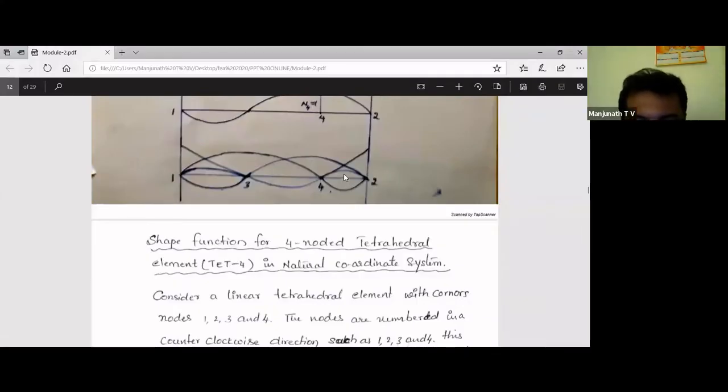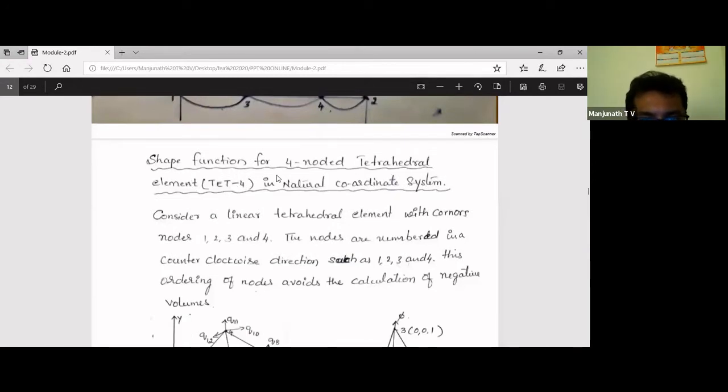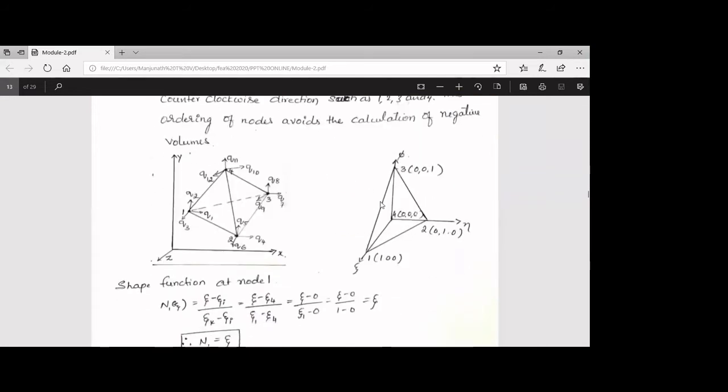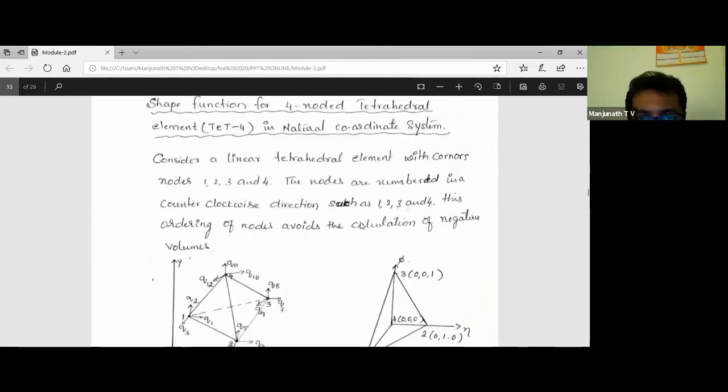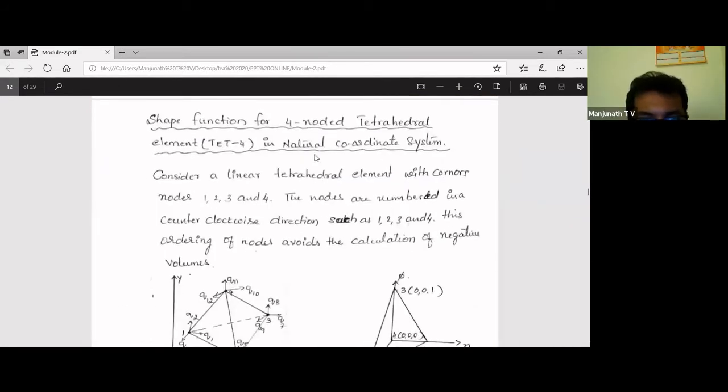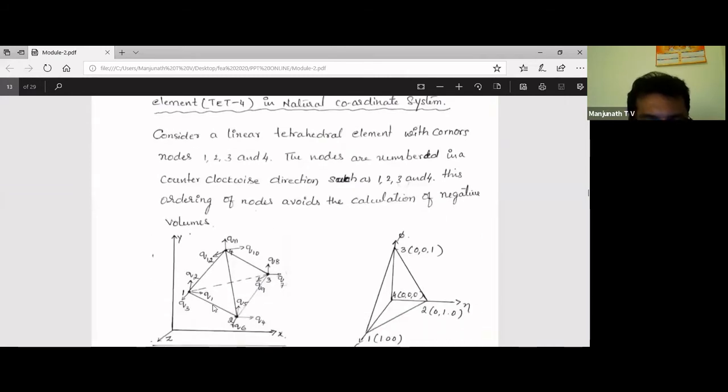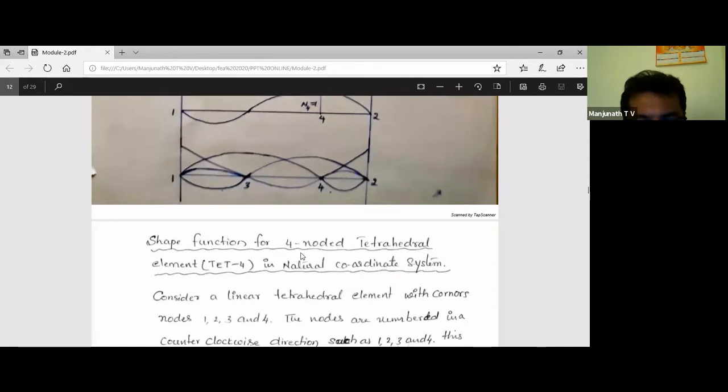Shape functions for four noded tetrahedral element. Again, it is a linear element, having only corner nodes. In this particular element we don't have internal nodes, only corner nodes. This is node number 1, node number 2, node number 3, node number 4, so it is called a linear four noded tetrahedral element. For this we are going to obtain the shape functions by using the Lagrange's function in natural coordinate